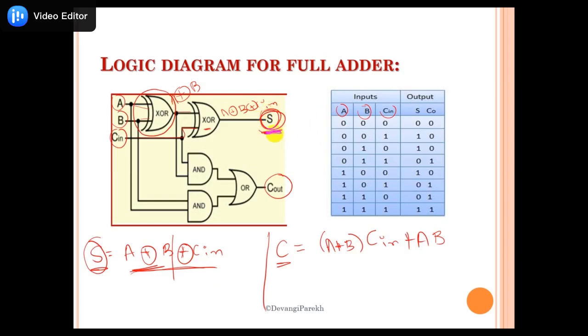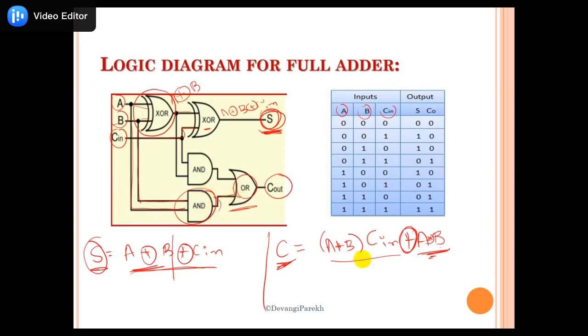Now let's understand how we can draw C out. For C out, first of all we need to understand there are two portions. Between these two portions addition is there, so we have to draw the OR circuit for this. So I have drawn an OR circuit. Now in the second portion there is a simple A into B. So I have drawn the A and B lines directly from the A and B inputs. Here we need to draw the logical AND operation, so I have given this logical AND operation.